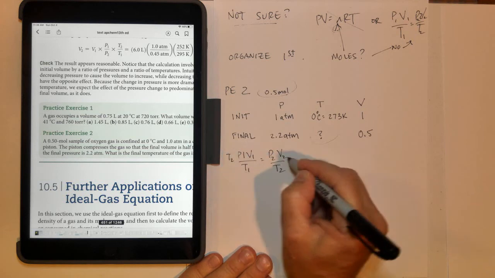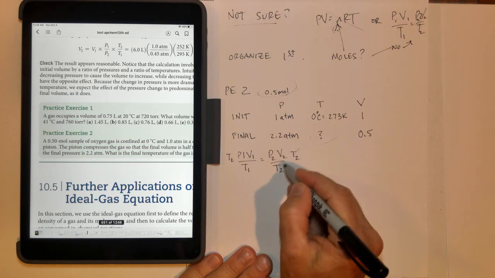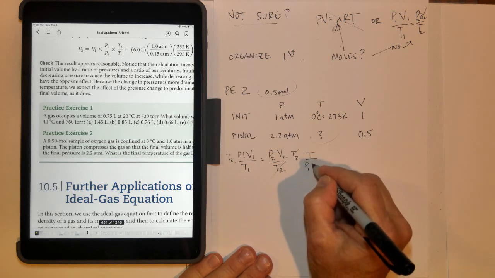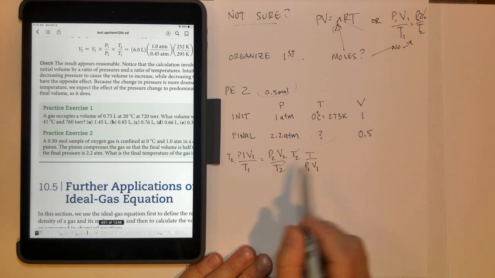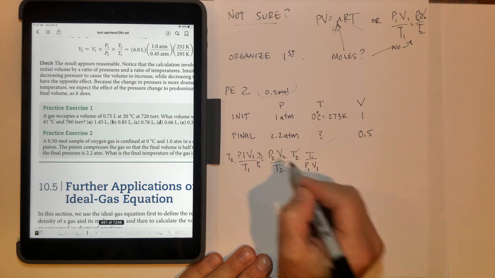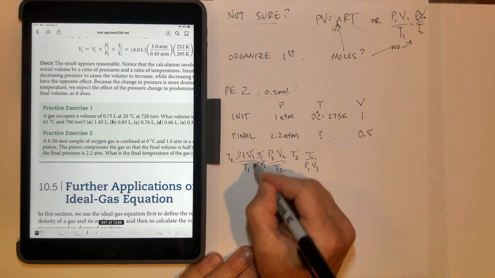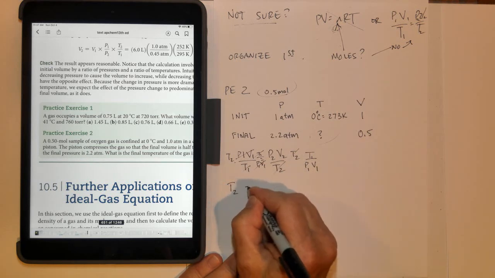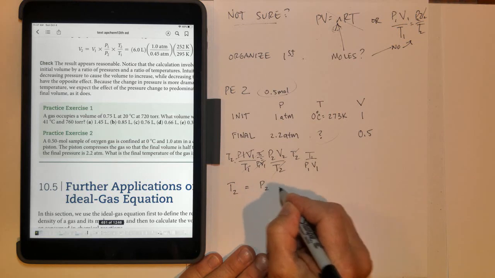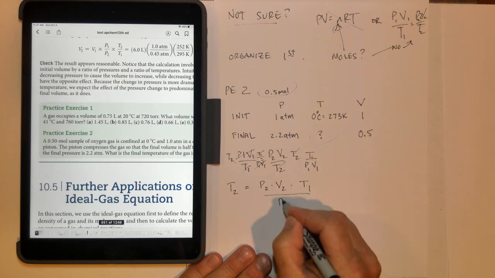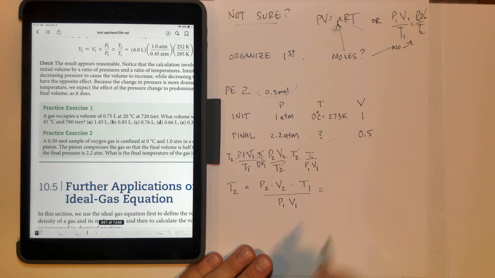I'll multiply this side by T2, and that'll cancel these guys. And then I'm going to multiply this side of the equation by T1 over P1 over V1, and I'll do the same to this side. And if you notice, if I multiply T1 over P1 over V1, it would all cancel out with each other. And so now my final equation ends up being T2 is equal to P2 times V2 times T1 from right here over P1 times V1. All right. Looks like I did my algebra okay, and now I can plunk in my numbers